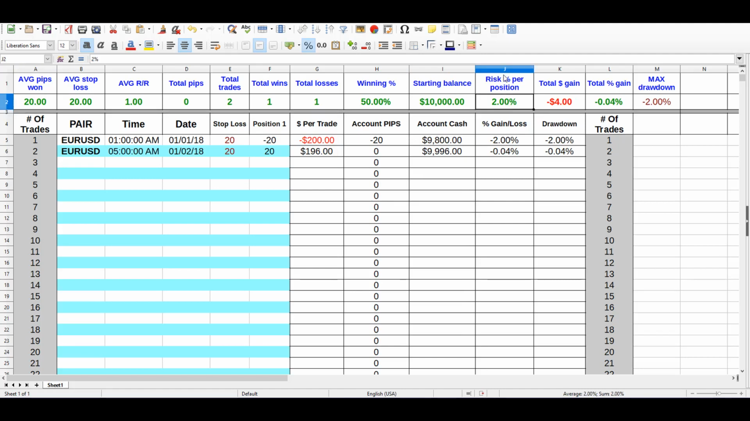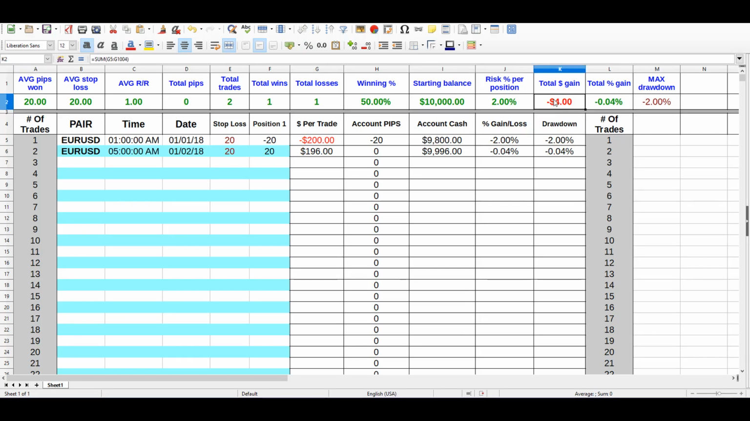We also have an adjustable risk per position. So each time you place a trade, you'll want to risk a certain percentage of your account. And this column will help you to determine your risk management plan based around your risk tolerance. So we can change this number to 1%. We can do a fraction of a percent for our risk, but for now we're going to keep it at